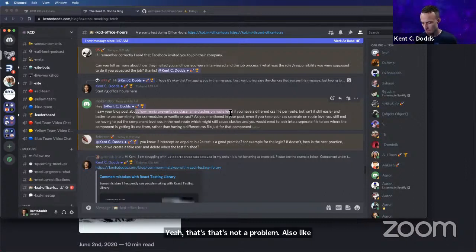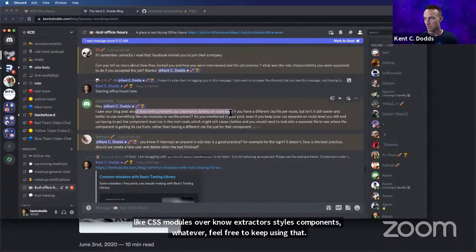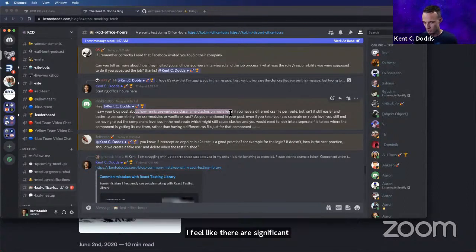Also, like I say in the blog post, I just skip to the end and use Tailwind. I've gone through it all, and Tailwind is the best. But I realize it's subjective. And so if you really like CSS modules or vanilla extract or styled components, or whatever, feel free to keep using that. I feel like there are significant compromises you have to make when you're using tools like that, and I'm tired of making those compromises.